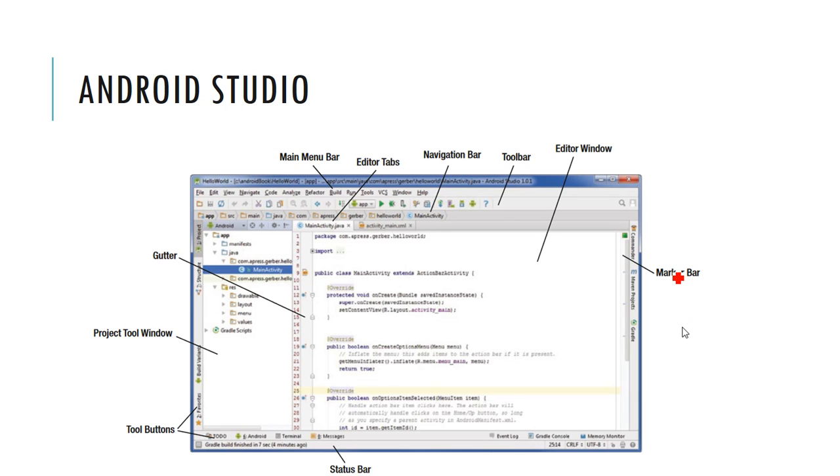Then there are two icons that may not be familiar to you. All others you may have some idea about, but these are the gutter and the marker bar. So Android has gutter and marker bar facilities. The marker bar marks the lines of code that have some ambiguity and gives suggestions. For example, in XML you have placed some hard coded value, or you may not have added the margins, or this kind of thing is highlighted through the yellow lines here,